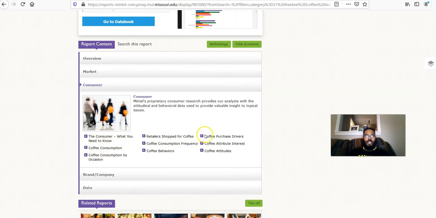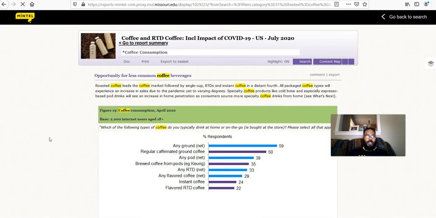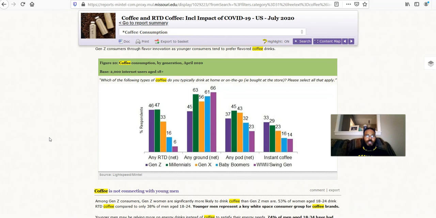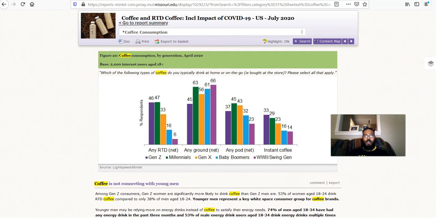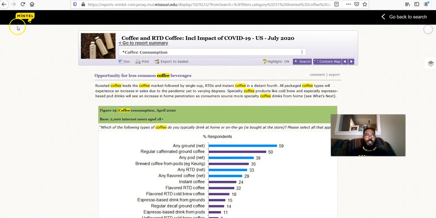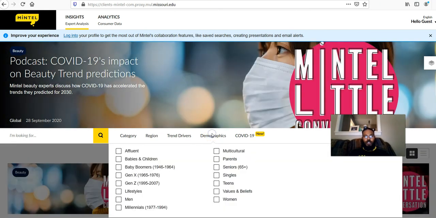And you can look at different information related to behavior. You can get market overviews and that sort of thing, but you can look at behaviors of consumers and things like that. So like coffee consumption. And so this is consumer based. This one is broken down by, like we've got a graphic here that's broken down by generation, but you can get different types of demographic data here. So we saw something related to generation there, but let's say,